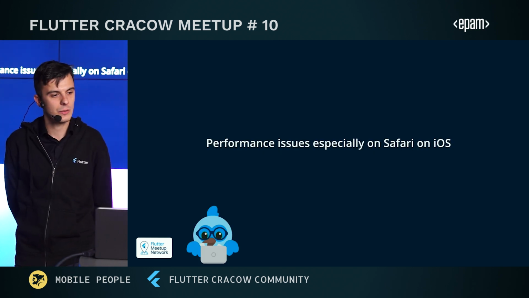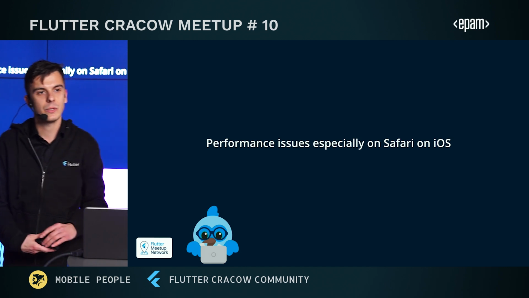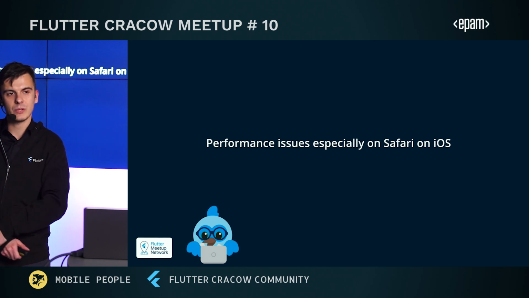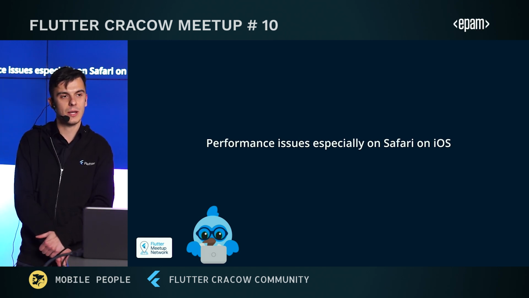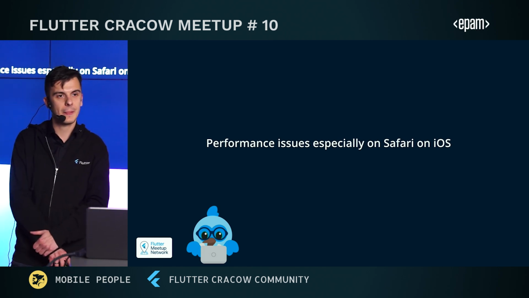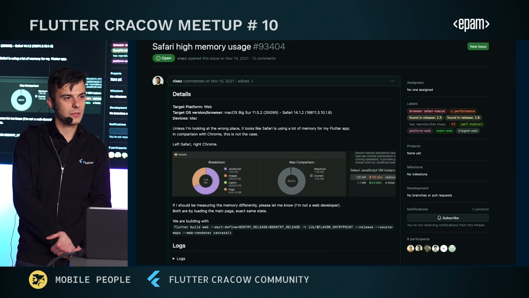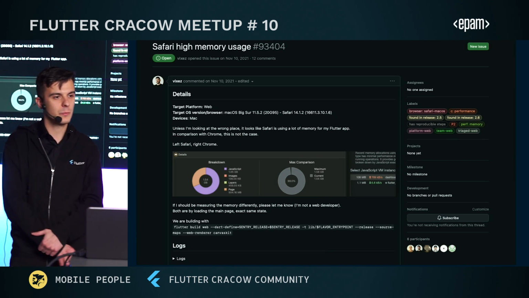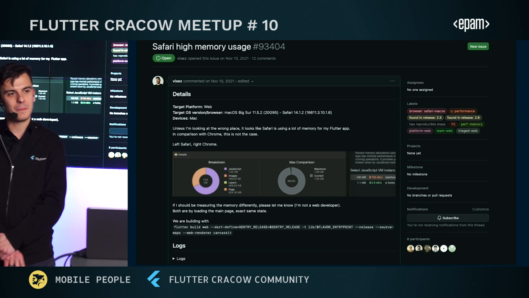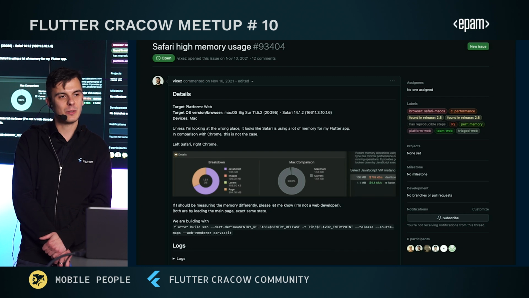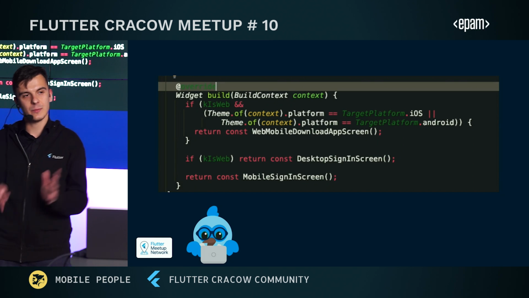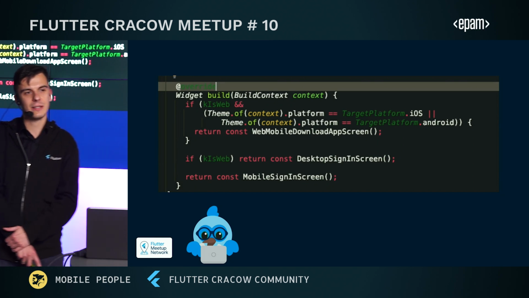Okay, so I've discussed our second product, the newsfeed, but we also wanted to use Flutter Web in our main product, which is the app that creates the posts. And we encountered some performance issues, especially on Safari on iOS. This is platform web, but platform mobile actually has the same. Lots of people were seeing that it's less performant on Safari. It was that bad that a few years ago, it made us make